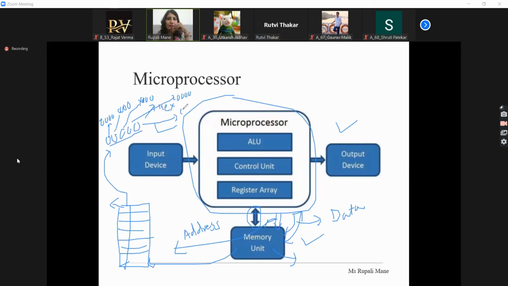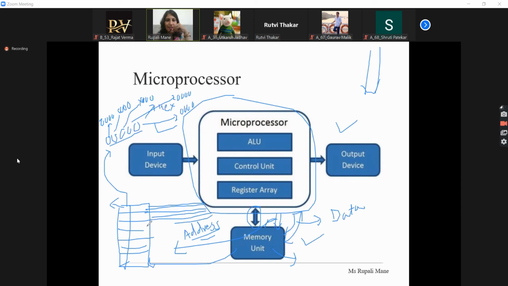Now count these bits. How many bits will be there? You can see here 1 2 3 4 5 6 7 8 9 10 11 12 13 14 15 16 17 18 19 20. How many bits? 20 bits, okay? तो ये जो आपका एड्रेस बस होता है ना, ये एड्रेस बस कितने लाइंस होते हैं? बेसिकली मैं ऐसे करके दिखा रही हूँ, लेकिन बेसिकली लाइंस देखेंगे तो माइक्रोप्रोसेसर से कितने लाइंस कनेक्टेड रहते हैं? ऐसे 20 लाइंस कनेक्टेड रहते हैं,